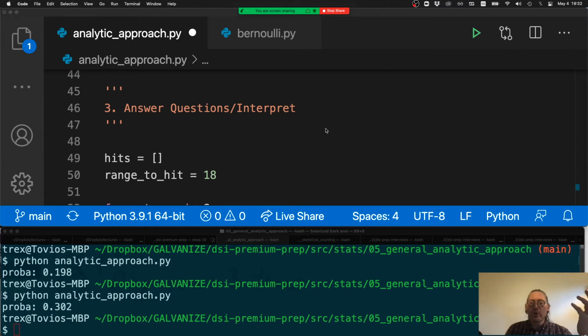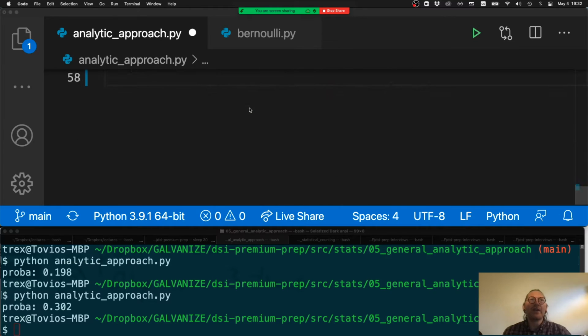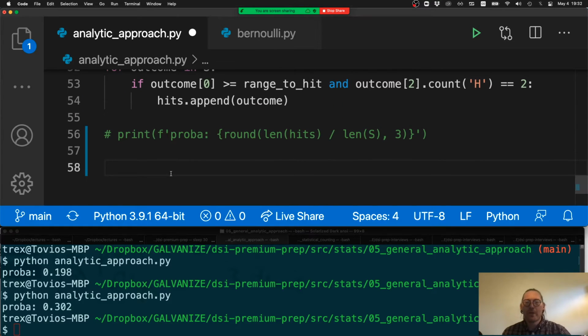We don't have what we would call a probability mass function. We don't have something that's just going to spit out an answer if we plug some numbers in. We are exhaustively counting all these possibilities and working with that. Okay, so